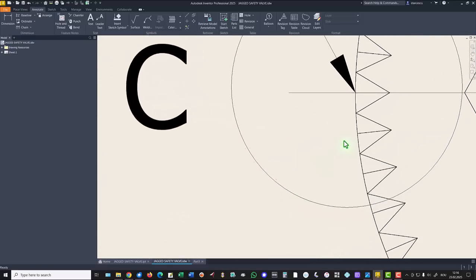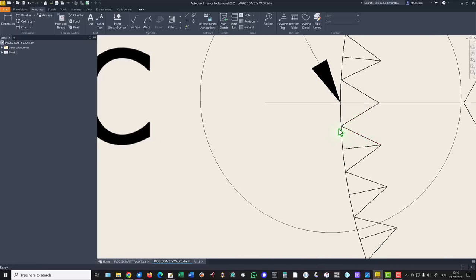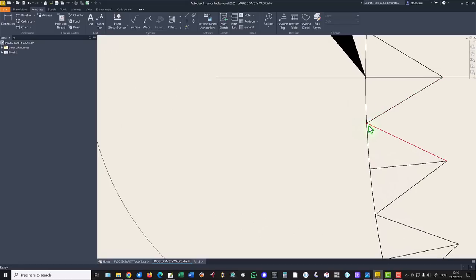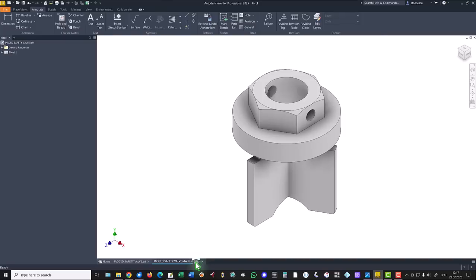I mean that this line and this line to be exactly coincident to the circle. This means that we have to apply something interesting and new. We have to